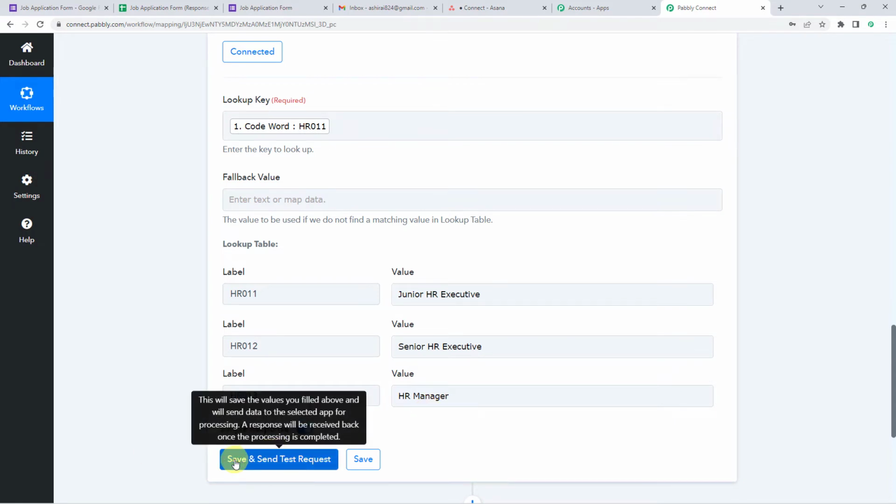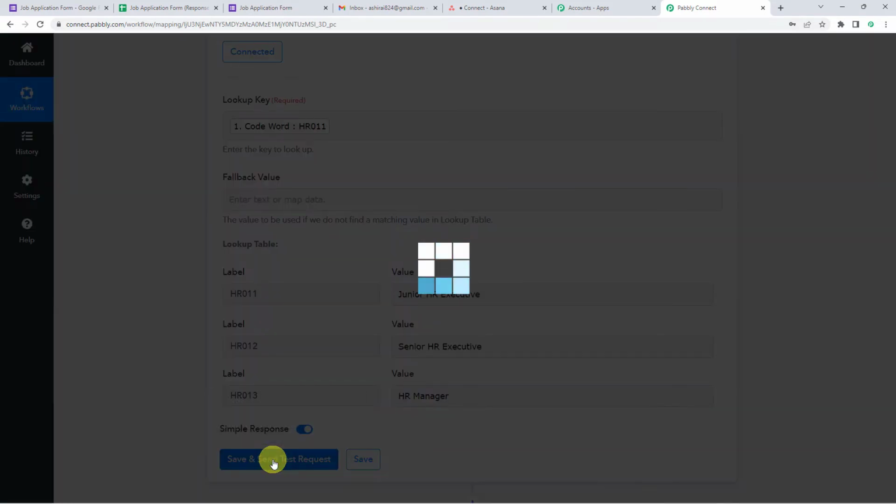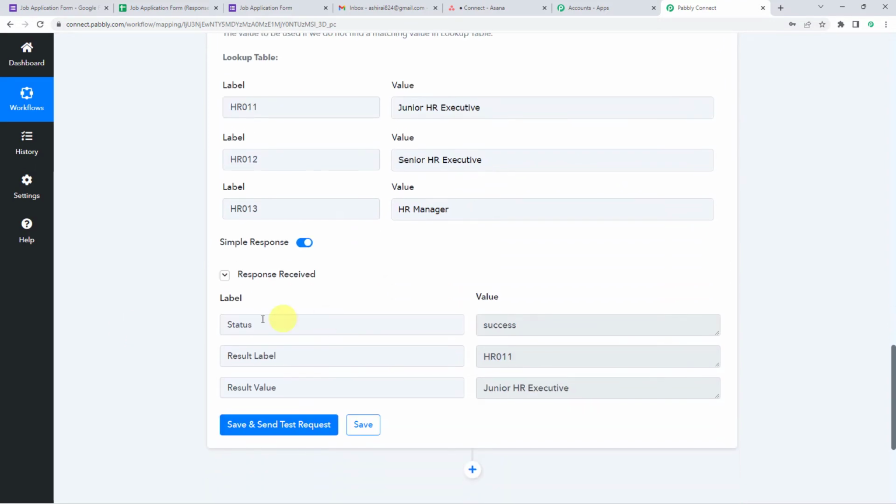So let's check the condition by clicking on save and send test request. And here we can see that it is success and the code is for junior HR executive position. We have given the label as junior HR executive. Now there can be a condition that the code given by the candidate in the form submission may be incorrect. For that, we are going to apply a filter over here so that this workflow should run further only if the code provided by the candidate is correct and the status received in the response is